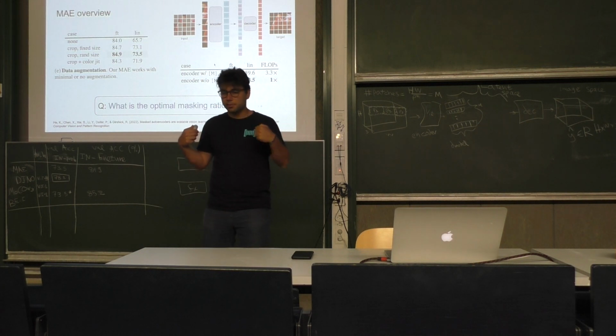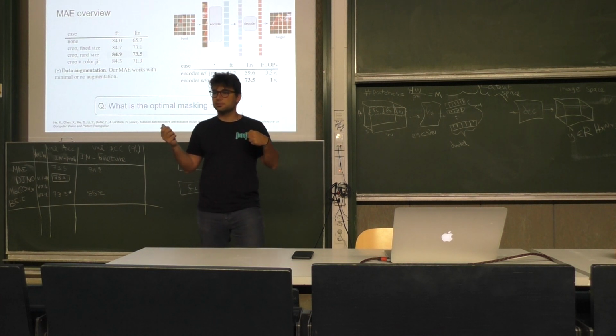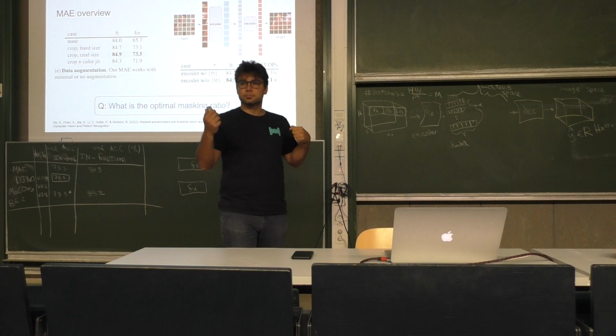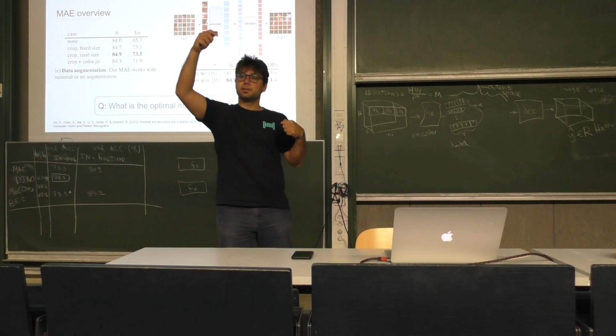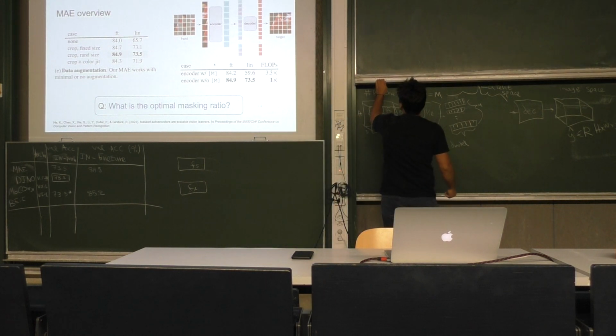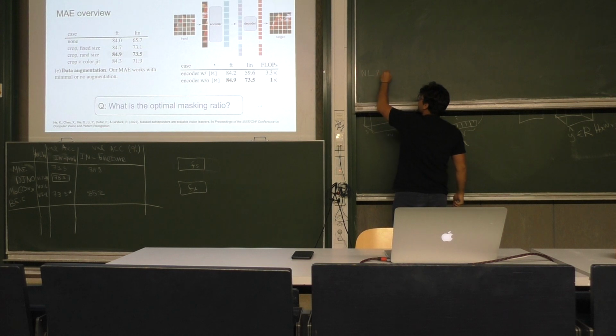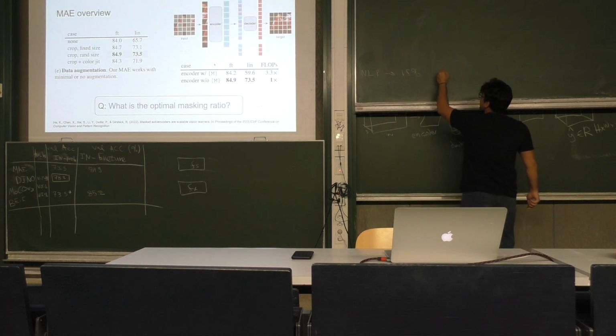So let's go back to the BERT approach. Does anybody remember the masking ratio if you want to train a BERT model in natural language? Approximately? No? Yes? Yeah, 15%. So in natural language, when you have a sequence,